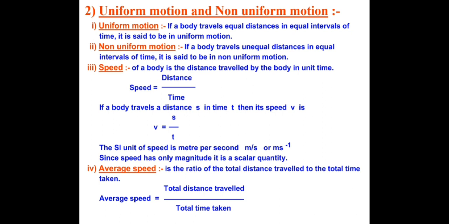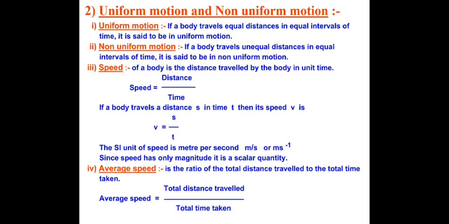Now the car is moving on a road. If we want to calculate the average speed of the car, then we have to calculate how much total distance the car has travelled, and how much time the car has taken for it, so that total time will be there. So the average speed of the car will be the total distance travelled by the car upon the total time taken by the car.